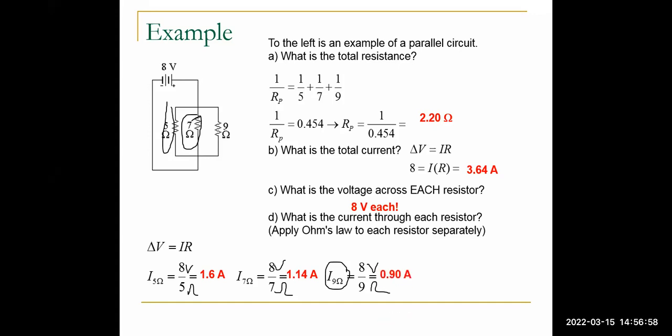is equivalent to 0.90. Then, i-add nyo na lang uli yan. So, 1.6 plus 1.14 plus 0.90. So, that is 3.64 amperes. So, yun nakuha natin. In total na ay 3.64 amperes. So, ulitin natin. Notice that individual currents had to be totaled. So, total lang siya. So, ang gagawin natin,